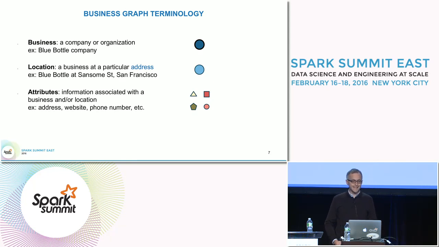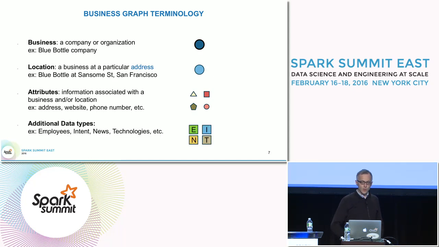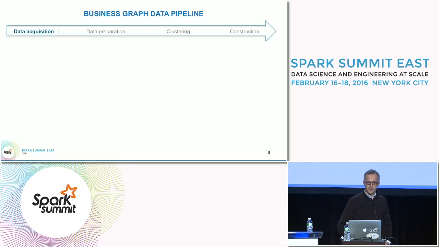I am representing them with small geometrical shapes. In addition, we have a number of other data types, such as employees, intent, news, technology, and so on, which are represented here by a square with a letter inside. At a high level, our graph data pipeline can be broken down into 4 steps: data acquisition, data preparation, clustering,